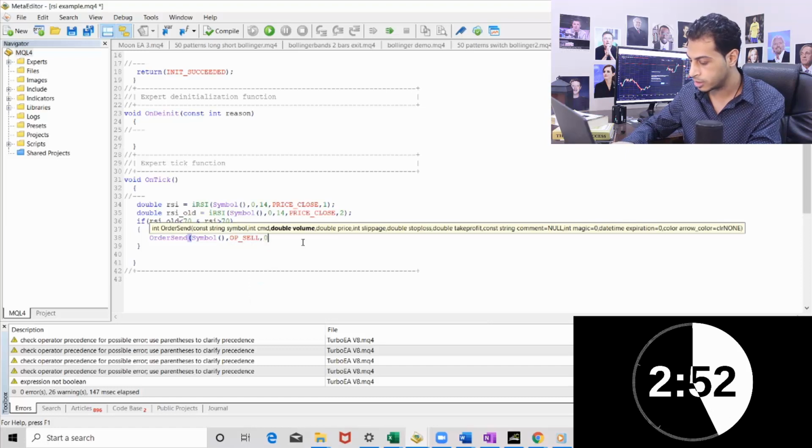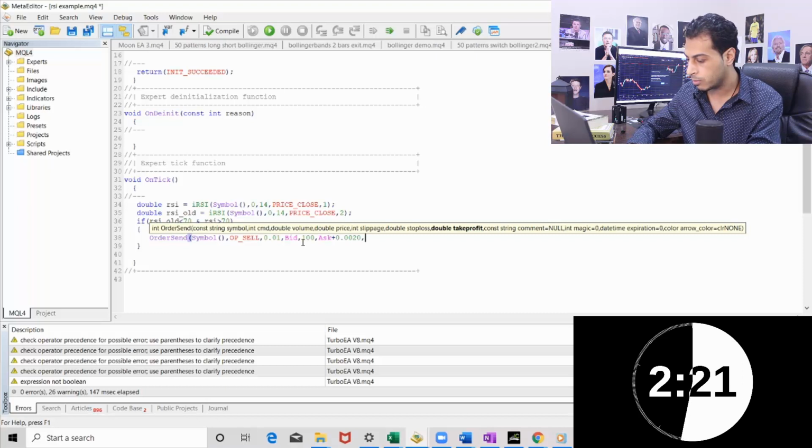The volume, let's say 0.01, 1 microlot, double price. We are going to sell at the bid. Slippage, we can have 100 slippage, don't worry about it. And stop loss, we are going to have a 20 pip stop loss as a default. So it will be the current ask, and because we are opening a sell, it will be plus 0.0020,